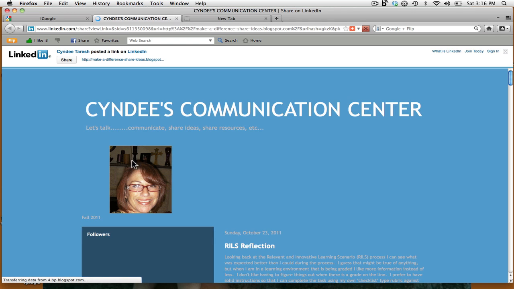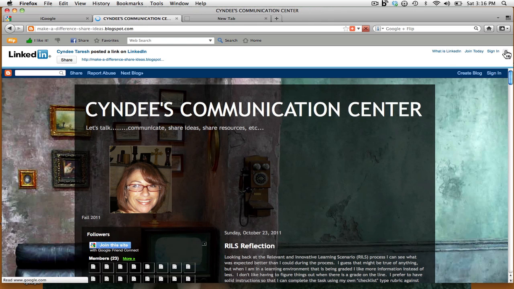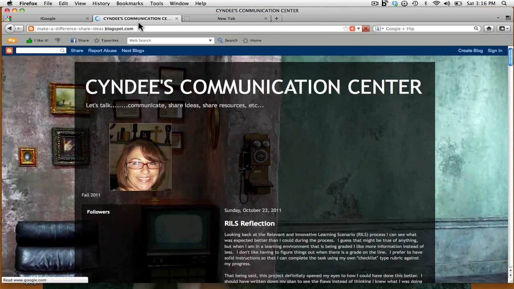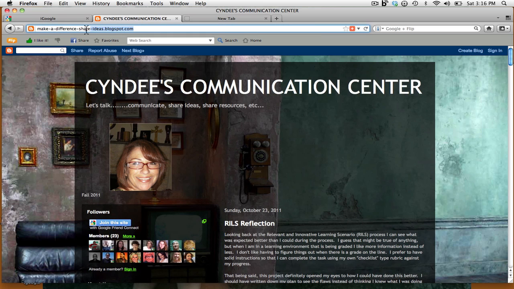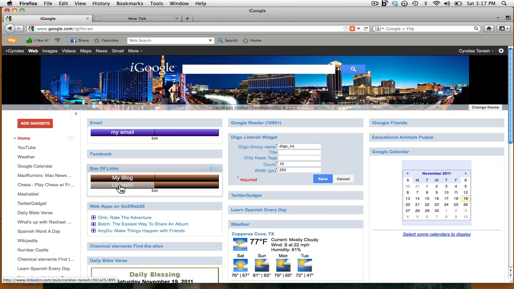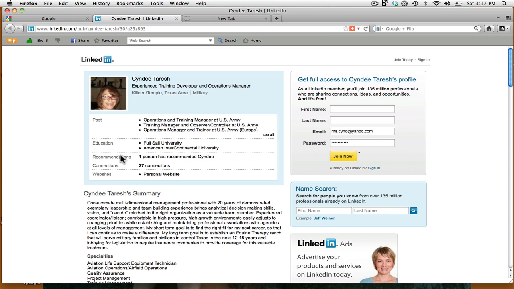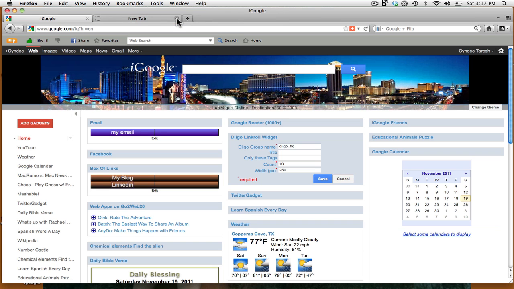So you'll notice for my blog, this is the address. That is what I put into the URL for my box of links in order to get to my blog. Same thing with my LinkedIn site. I used this address. So that's what a box of links looks like when it works right. Not sure why this isn't reading Yahoo, but